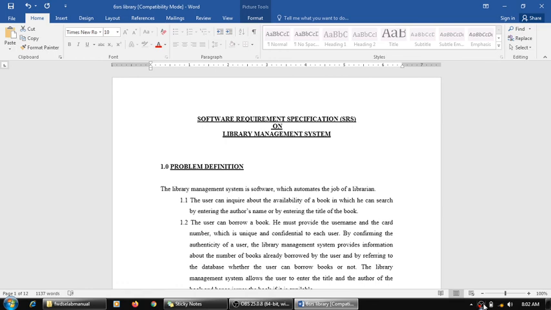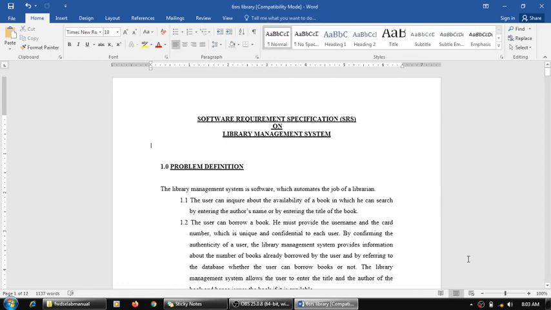So this becomes most important document. It must be prepared taking care of all the points which are applicable here, right? It serves as a legal document because it is getting signed by both developers and the customers, right? So try to make this. If you have any doubt, just ask me in the later sessions.